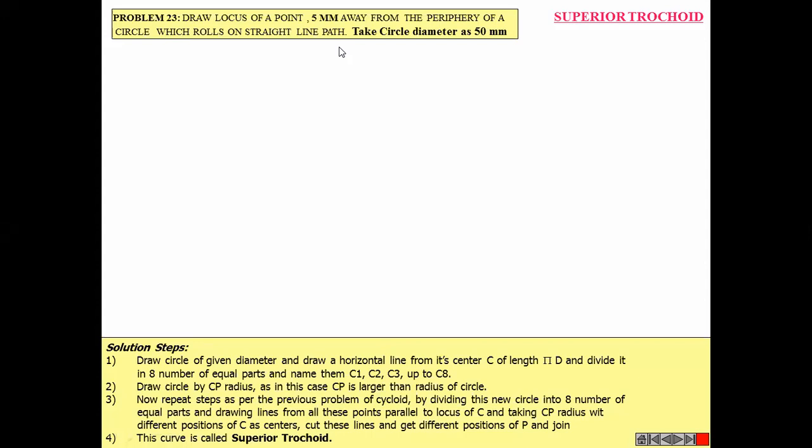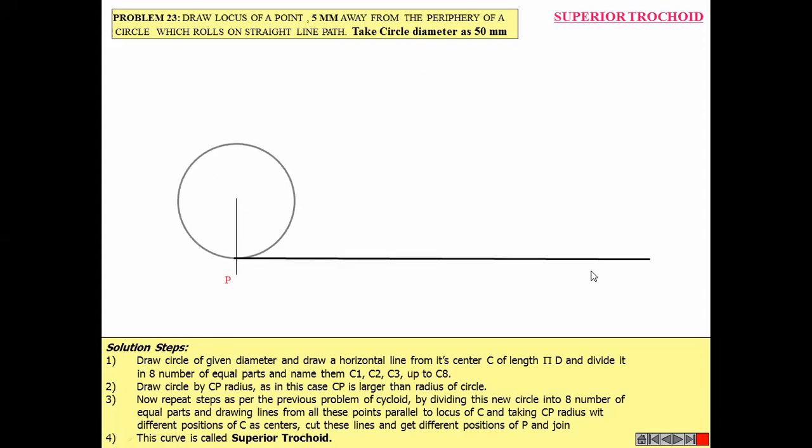Then how should you proceed? You can't do two cases in an exam because it will consume a lot of time. So if there is ambiguity, you can write with a clear assumption that this much is assumed because of the lack of data, that it can be this or that, and that's why I am assuming this and proceeding with case A rather than case B. Okay, just general information. Now we will discuss this superior trochoid. First of all, the circle, that's its path, then the division and the point of generation. It is 5 mm away, so it is outside the circle.